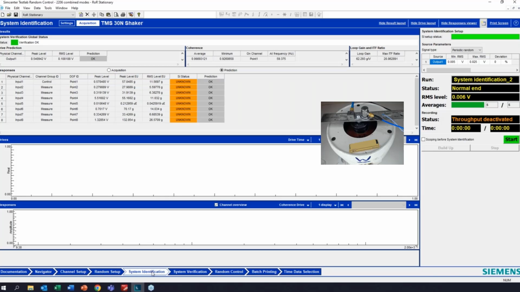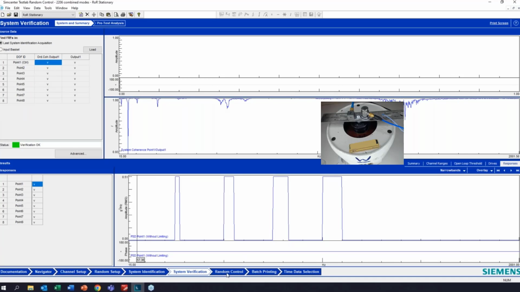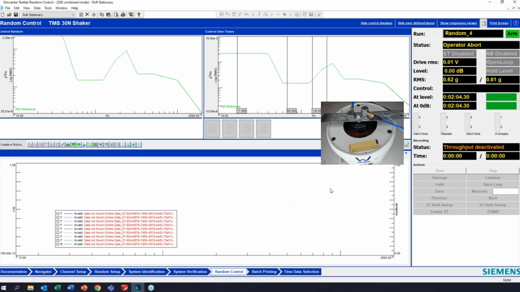If you're not completely sure and comfortable, it doesn't hurt to run a system identification again and make sure everything is working out. It checks all the sensors. It gives you all this information about predicted levels and what the noise values are. And you can really see problems before they become problems by running a system identification. But again, I'm 100% sure that my setup hasn't changed. So we'll use this same transfer function data from before and start this test.